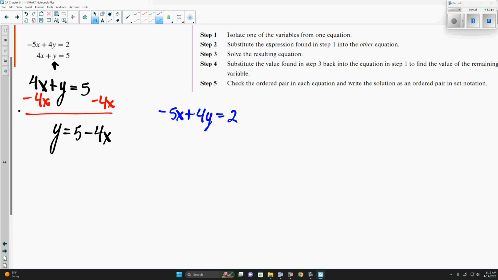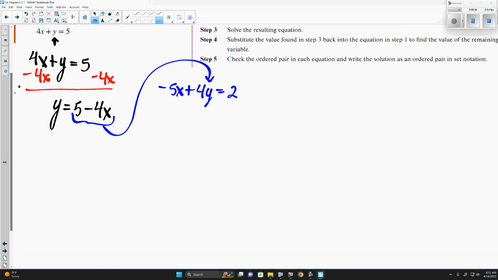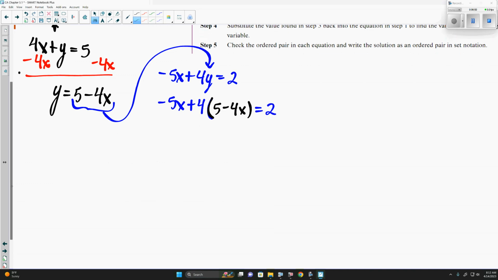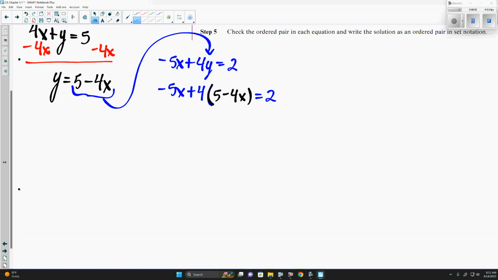Now what we're going to do is substitute 5 minus 4x into y in the other equation, which will tell us that we have 5x plus 4 times 5 minus 4x is equal to 2. At this point here, we're going to solve for the value of x